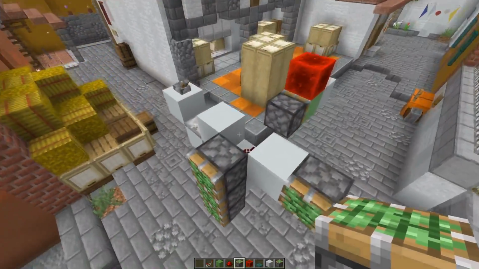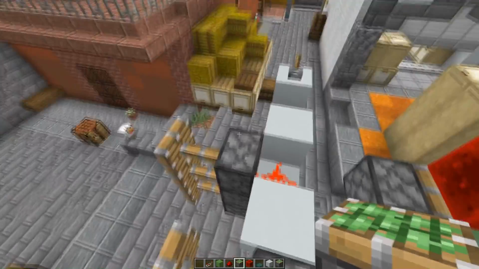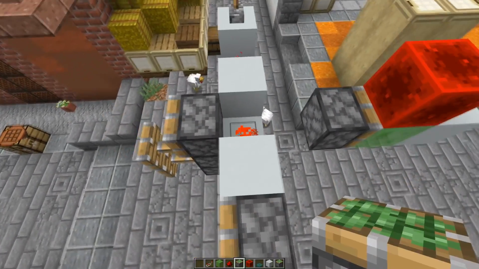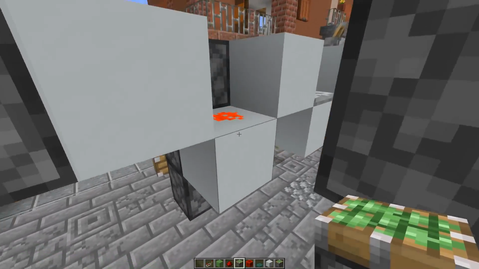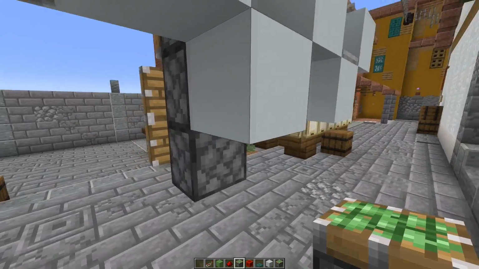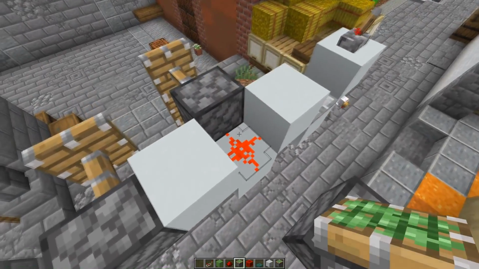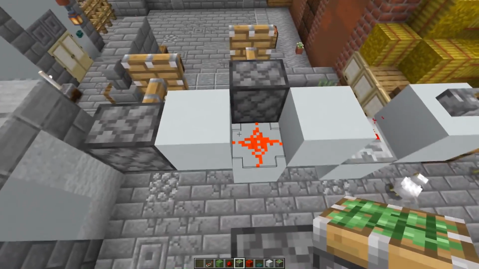So here we have an example. This redstone cross here powers this piston that is adjacent. If I switch to the dot, then it doesn't power it anymore. But since the block here is getting powered by the dot on top, those two pistons are still extended. So by changing between dot and cross, only the adjacent blocks are affected.